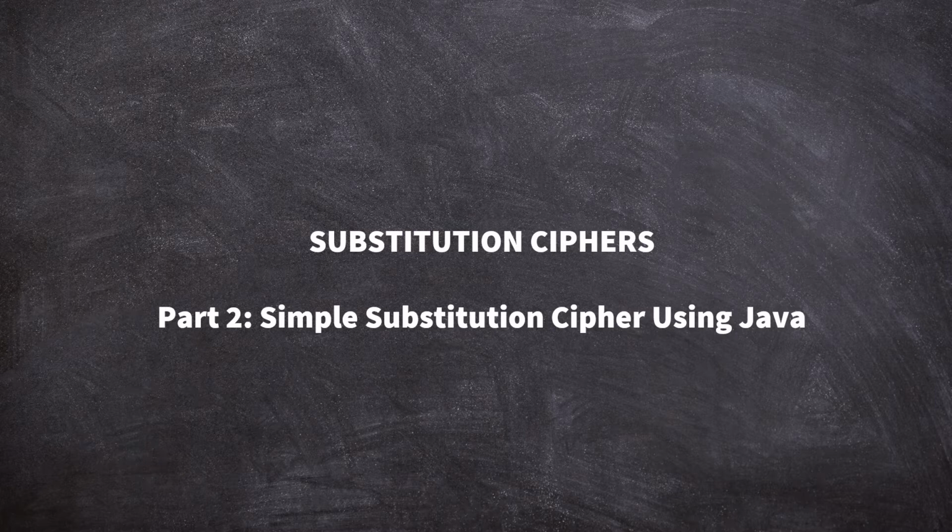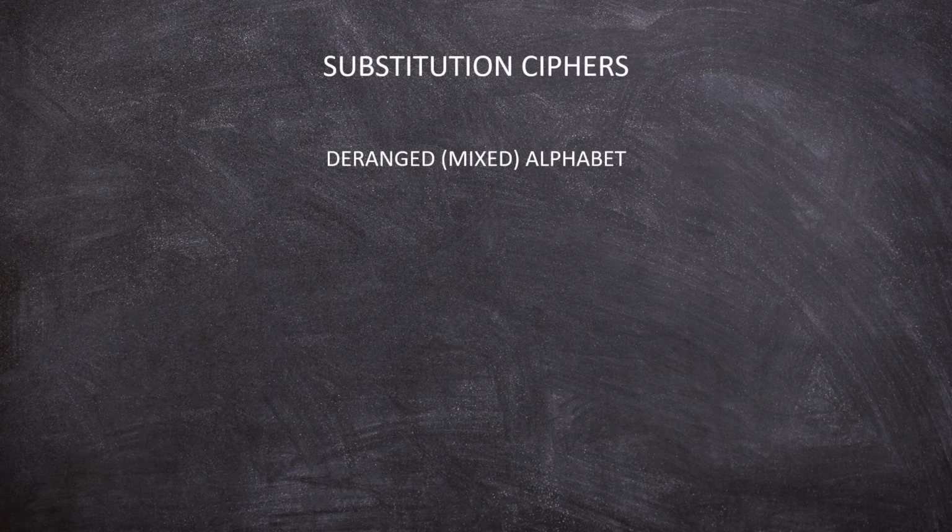Hi, welcome back. In a previous video, I gave a little introduction to substitution ciphers and how they can be used to encrypt and decrypt simple messages. In this video, I want to demonstrate how to write a small application in Java using a substitution cipher called the deranged alphabet cipher. Now, before we can get to coding, I just want to do a quick review of